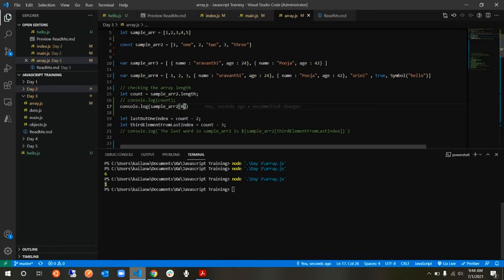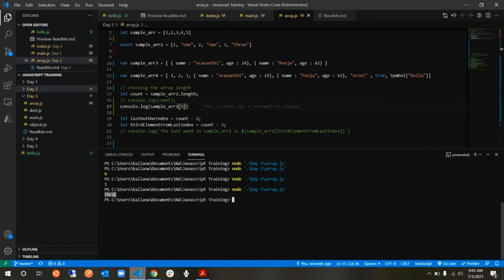So if I want to access the last element, how do I do it? What is the index? 1, 2, 3, 4, 5, 6. Am I counting it right? 6 minus 1, so 5. It starts from 0, so you shouldn't count it as 1, 2, 3. You should count it as 0, 1, 2, 3, 4, 5. You were right when you said 6 minus 1. But when you're doing indexing, count it from 0. So it will be 5. If I just type it now, you will get the fifth indexed element, which is 3.